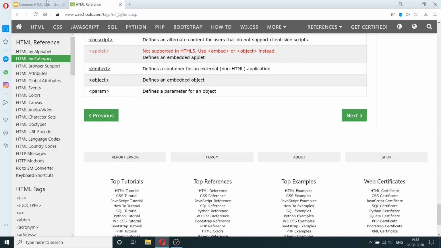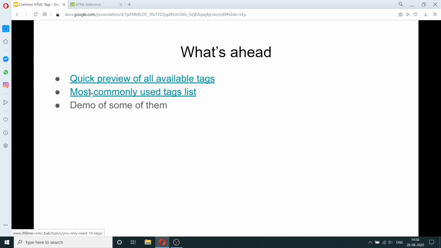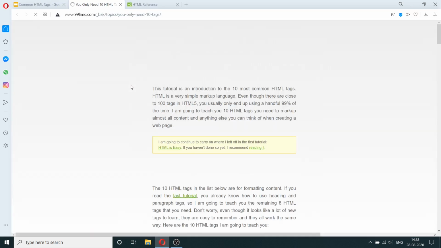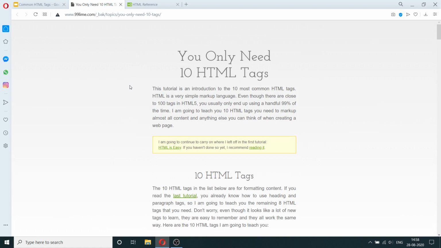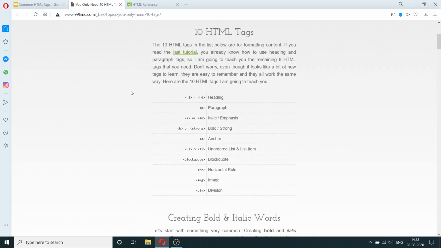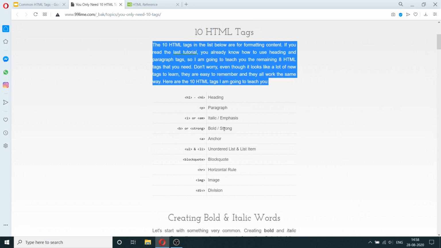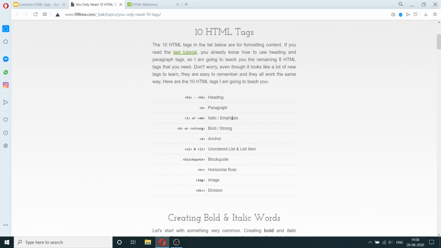But of course, we're not going to be looking at everything. What we will be looking at is some of the more commonly used tags, which, to be honest, are the only things you actually need while you're practicing HTML. So there are tags related to heading. So you can see that this is a heading where this is larger than this particular text. So headings are very common in HTML web pages, and there are paragraphs. So this would be a paragraph, and then italic, emphasize.